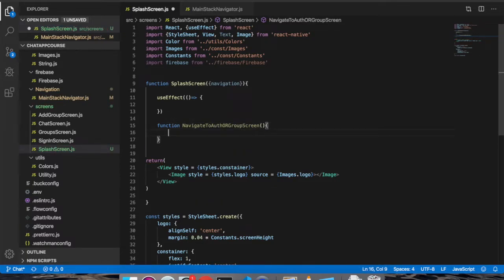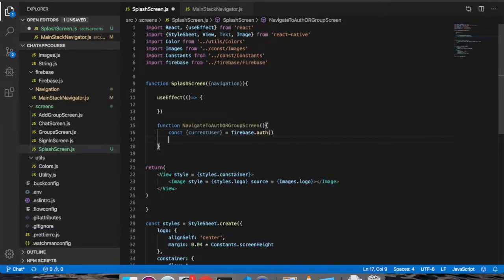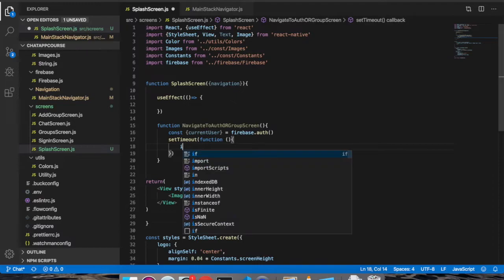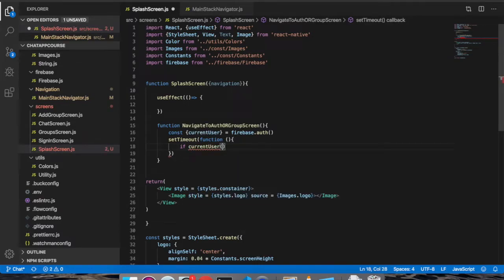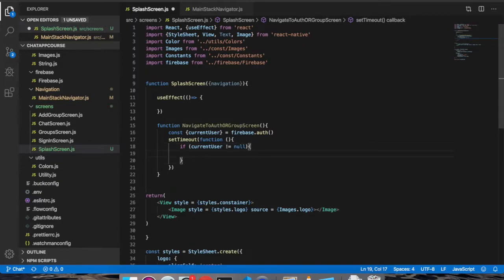Okay, so now let's add. First we will need to check if the user is authenticated or not, so we will get the current user from Firebase Auth. Then we will add some delay function so that it will happen after some time. So setTimeout, then a function. In this, now we will check if we have the current user or not. So currentUser, if it's not equal to null, then